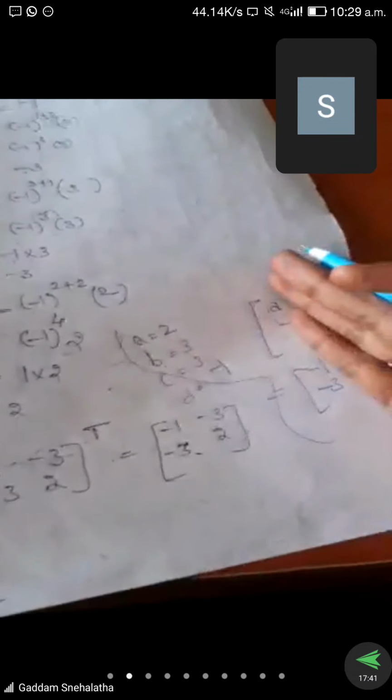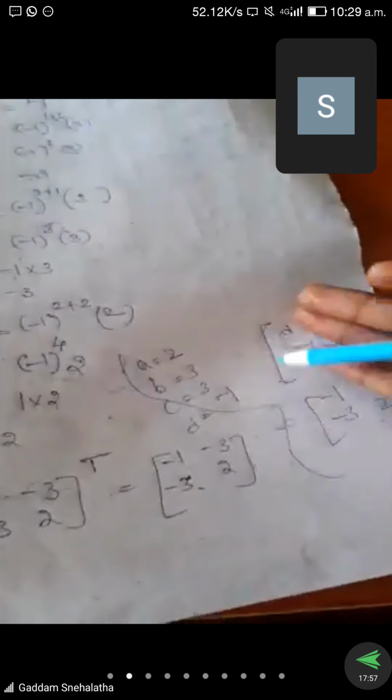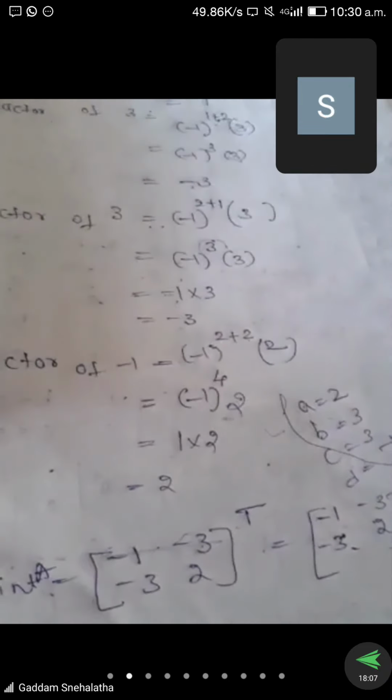Only for a 2 by 2 matrix do we have the formula for the adjoint. But for 3 by 3 we should do it the long way. So is it clear how we do the adjoint for 2 by 2? Yes, madam, clear. So either you should use this formula, or if you do not remember this formula, you can use this method. Or directly you use the formula. So shall I move to 3 by 3? Yes, madam.